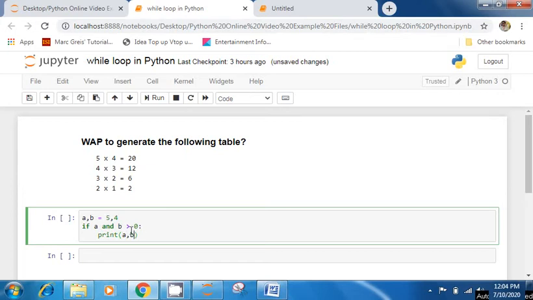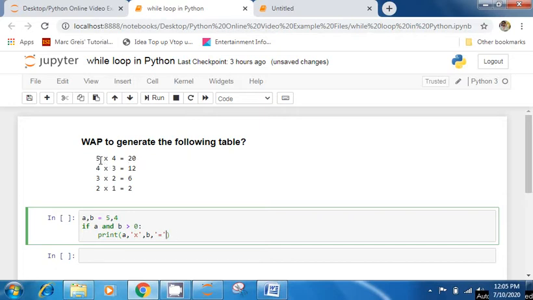But in this format I have to show multiplication, so I will use the x sign. It is not actually multiplying, it is just depicting the cross sign here, a cross b, comma, and I will use this equal to sign, just to write in this manner only.